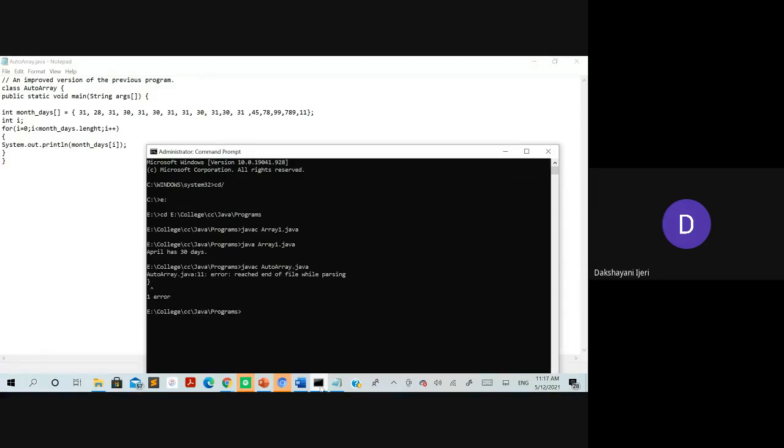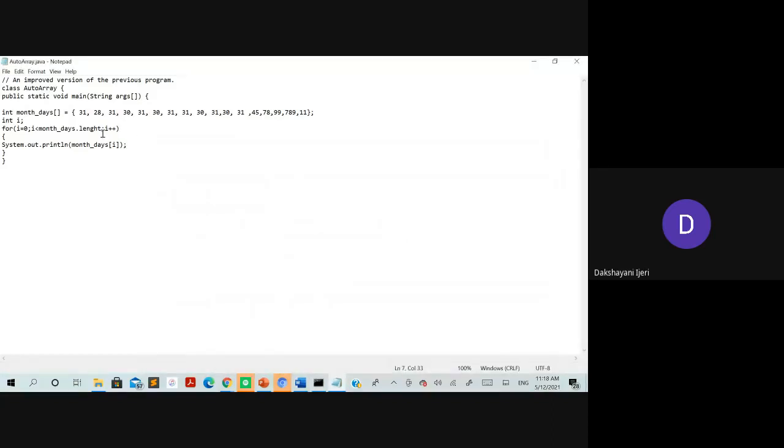There's an error here: reached the end of the file while parsing. One more curly bracket needs to be closed here.